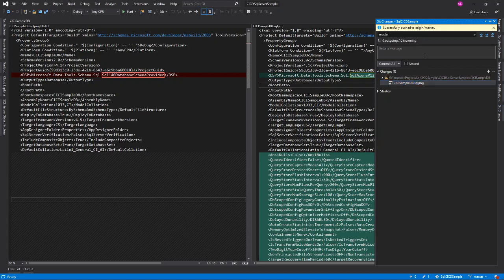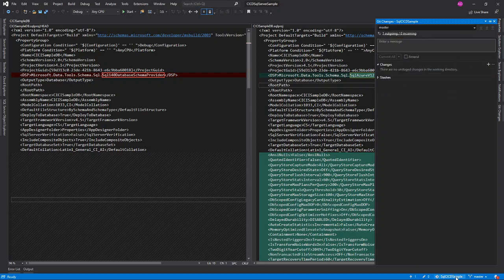I'll just push these changes, changing SQL Server to Azure SQL. I will commit it.